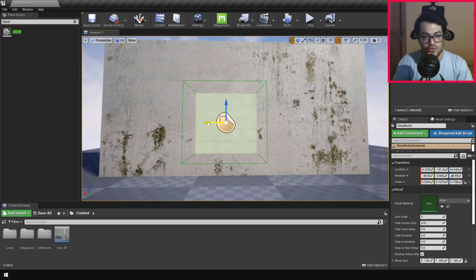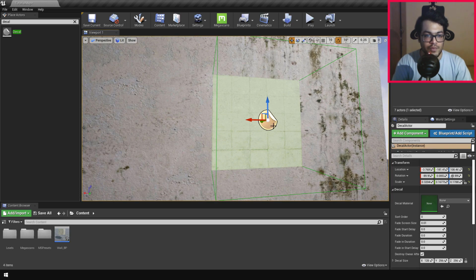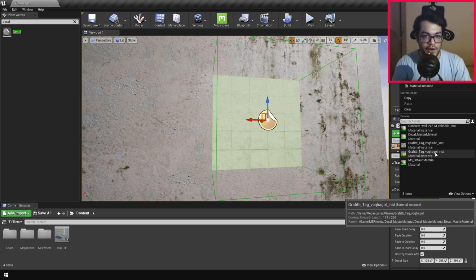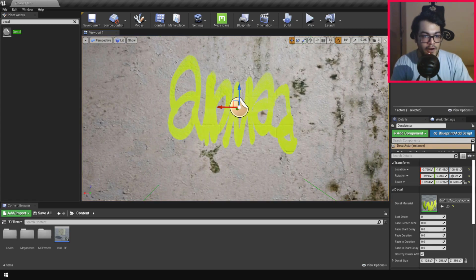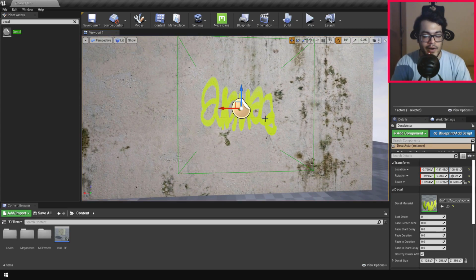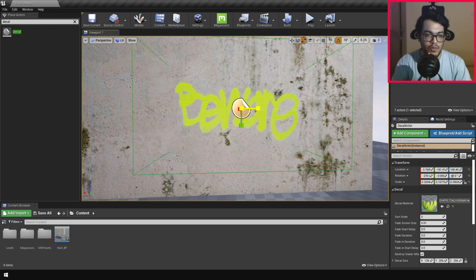So now we have to just replace this default material with our own material. That's pretty easy. Select the decal, go in the decal material and just switch to our decal material. So as you can see, we have our decal. It's looking quite good, but it's currently inverted. So now you can pretty much rotate this, scale this, and you can transform this in any way you like.